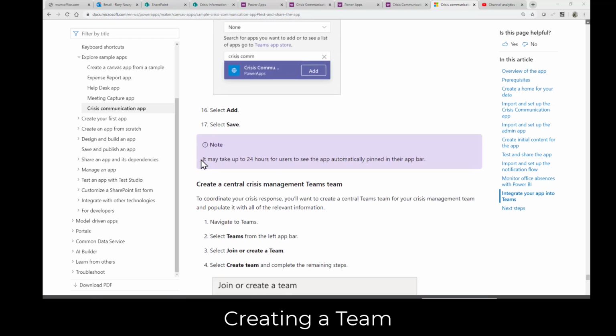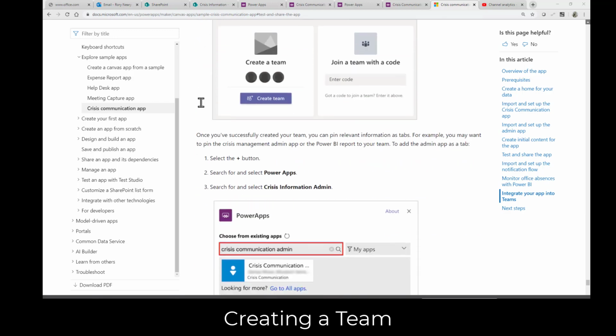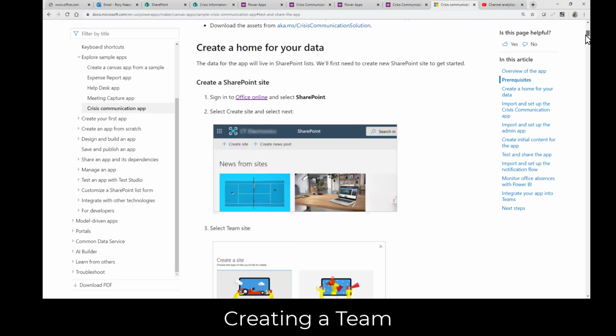Yeah, and then you add the pinned app, and then there's a bit here. This is the bit we've already actually created. Create a central crisis management team. So we'll have created that earlier on in the process when we do a flow. And what they do in there is they also add in the Power BI report into that area. So that's looking backwards and looking forwards. Going back to the top,